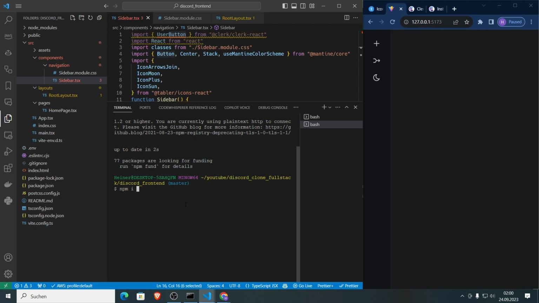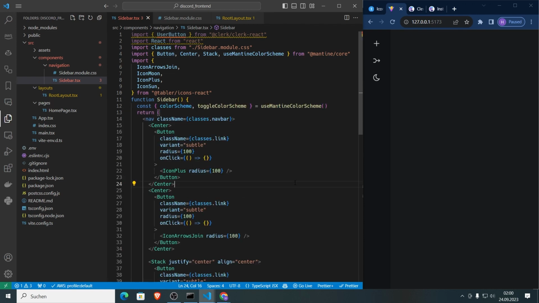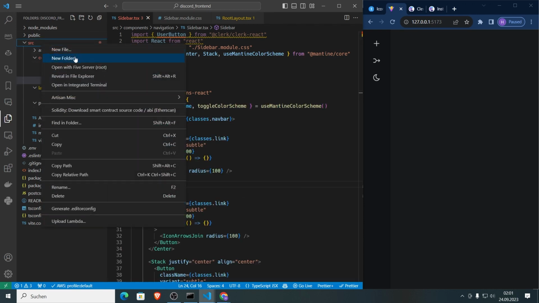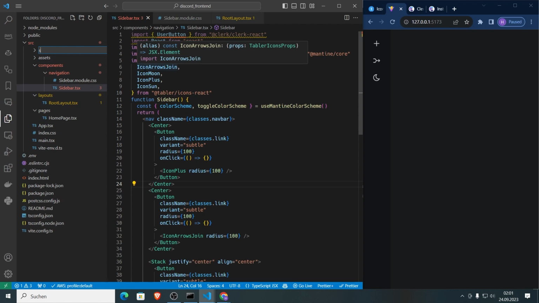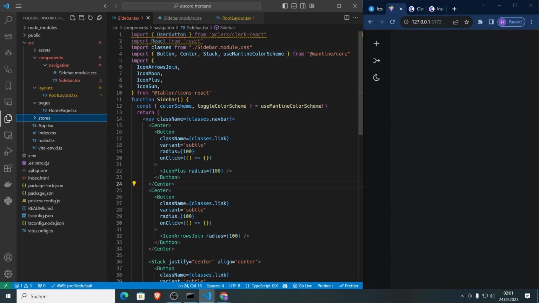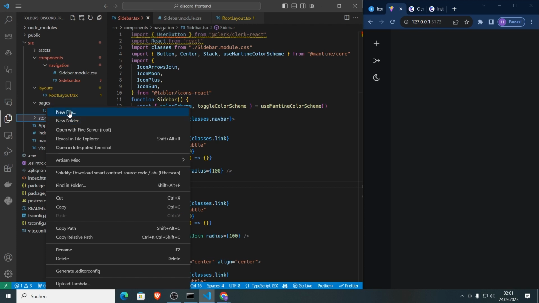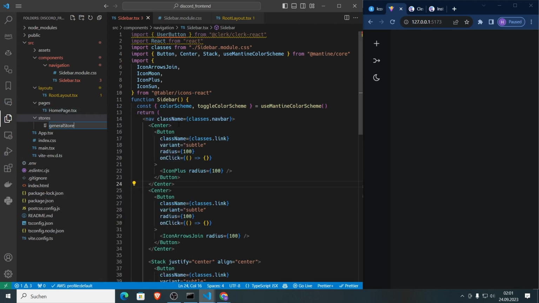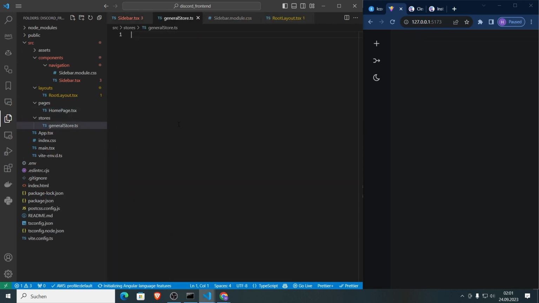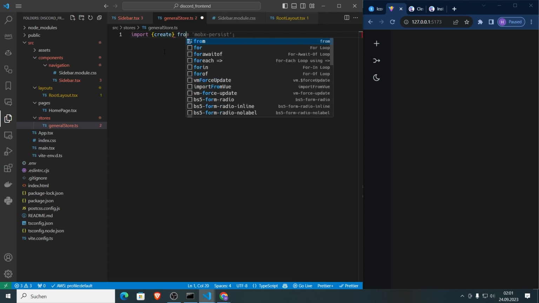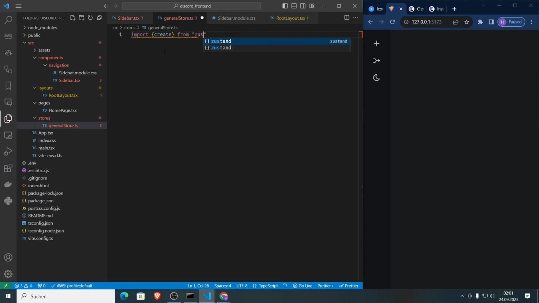npm i zustand, and now let's create a folder here in src, stores, and in here let's create a file general-store.ts, like so. In here let's import create from Zustand. Let's import persist,